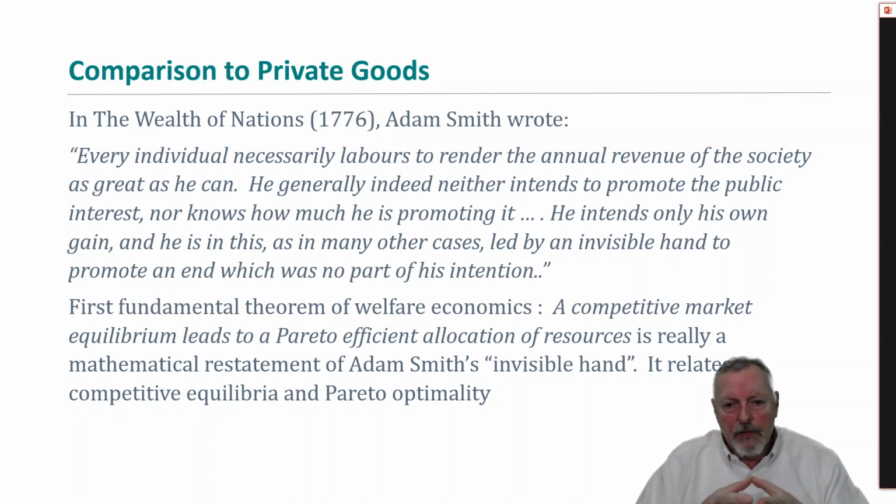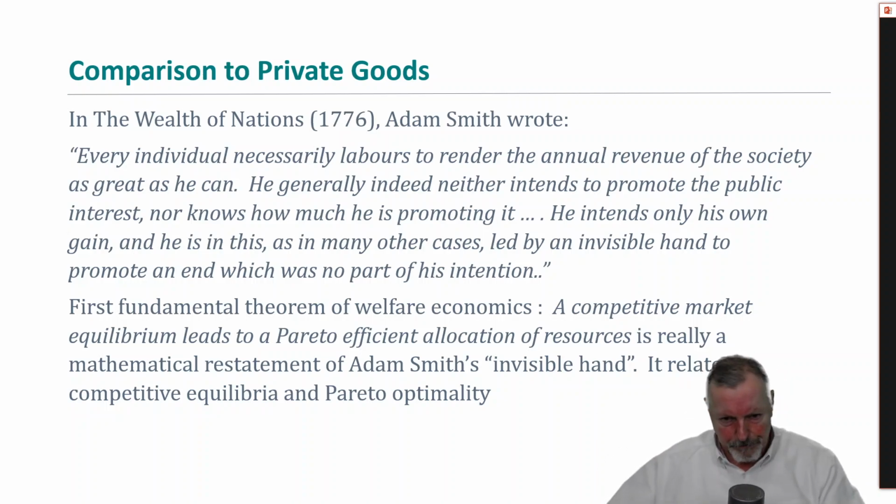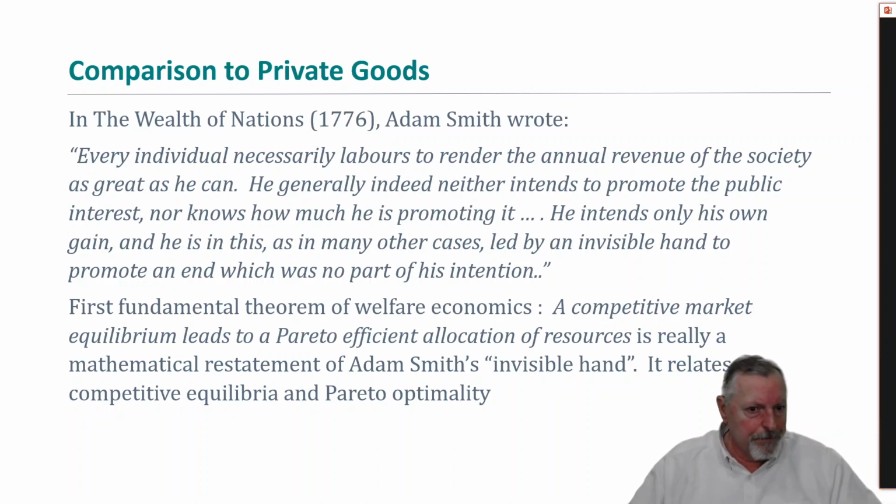Each consumer deciding for him or herself how much to purchase of various goods would result in a pattern of consumption that was Pareto efficient, or Pareto optimal. So each person optimizing with respect to his or her own private consumption is a sufficient condition to achieve a kind of social optimum, to maximize the total surplus of the society. However, a competitive market includes assumptions.